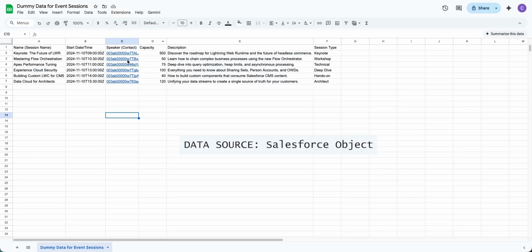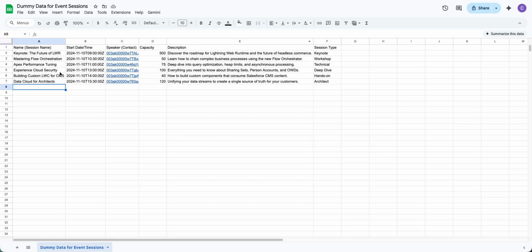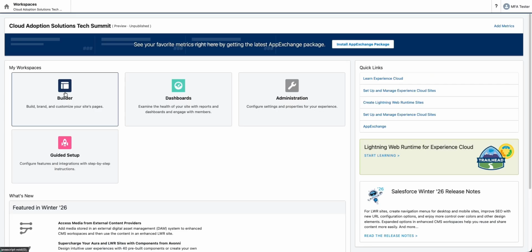So here's the dummy data that I brought into the campaign object. I'm reusing the campaign object as an event sessions object. Instead of creating a new object, just reuse the campaign object for this demo. I added some custom fields, and then I imported this data. And back in the workspace, I'm going to go into the builder,